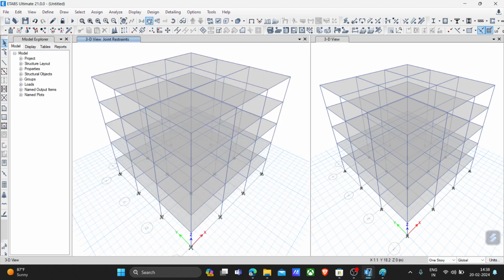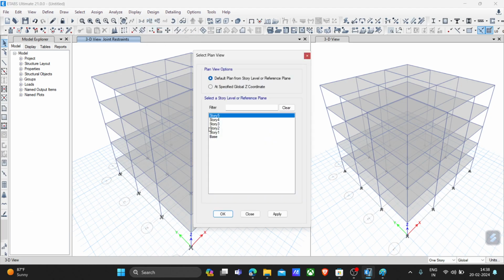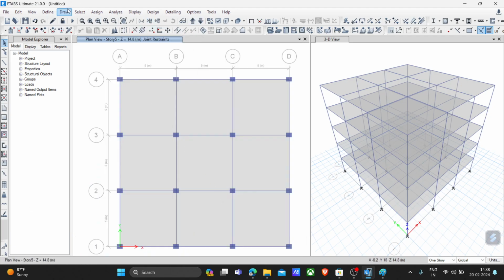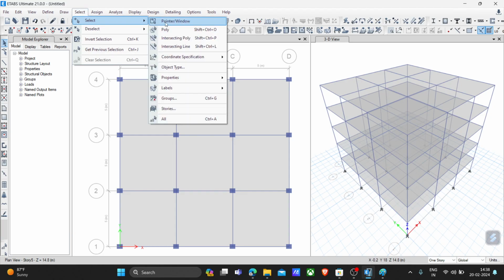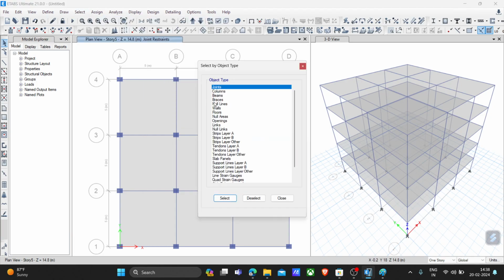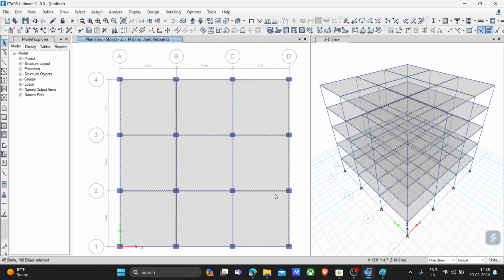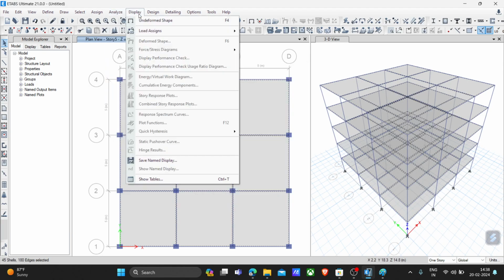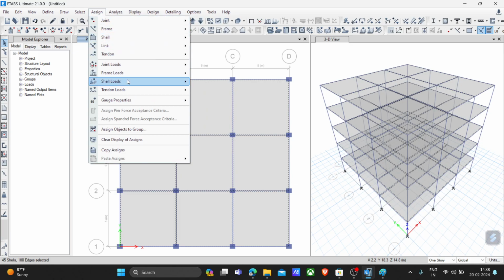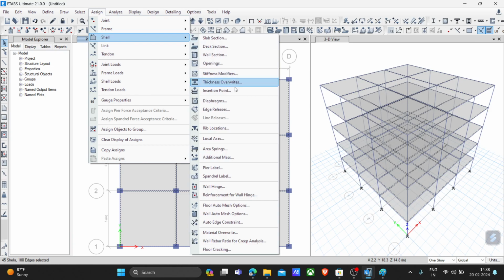So for the building, what you have to do is go to the plan, story 5, and then select all the slabs. Okay, so select all the slabs, floors. Then you have to go to shell loads, not shell, shell. So here you have an option called